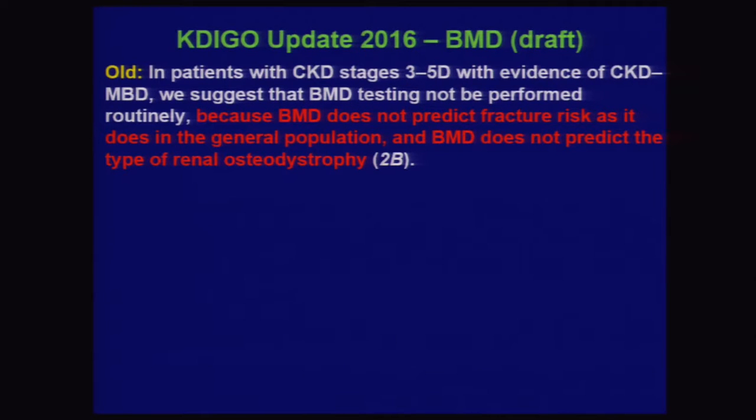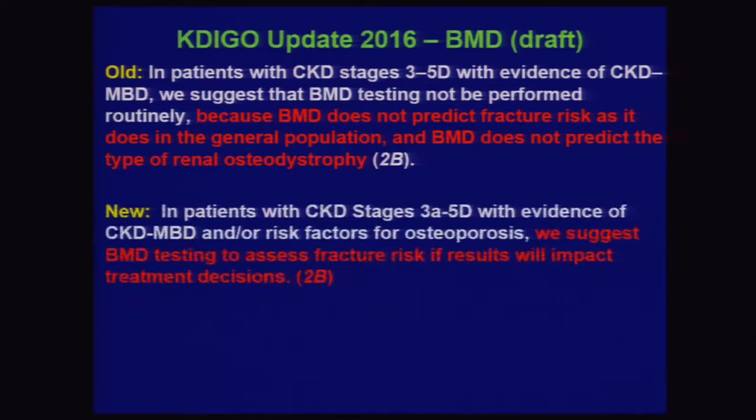So based on these data, this old guideline was updated. The old guideline stated that in patients with CKD stages 3 through 5D, with evidence of MBD, we suggest that bone mineral density testing not be performed routinely, because BMD does not predict fracture risk as it does in the general population, and BMD does not predict the type of renal osteodystrophy, graded as 2B. At this time in 2009, when this guideline was written, there were no prospective studies on the utility of DEXA in our patients. The new guideline now that's out for review